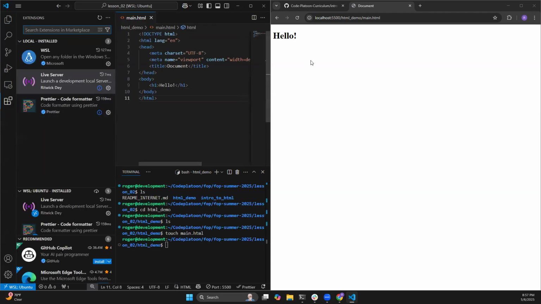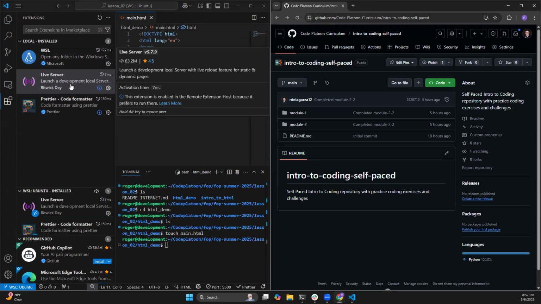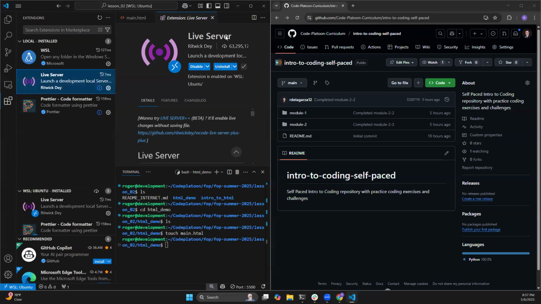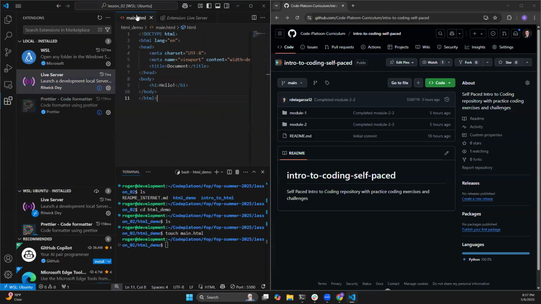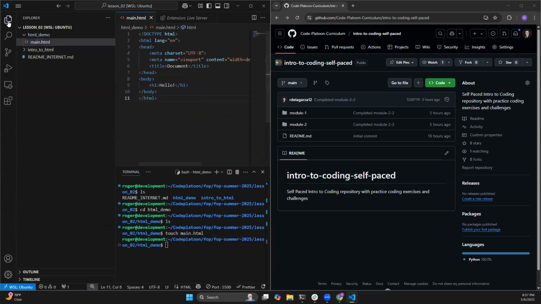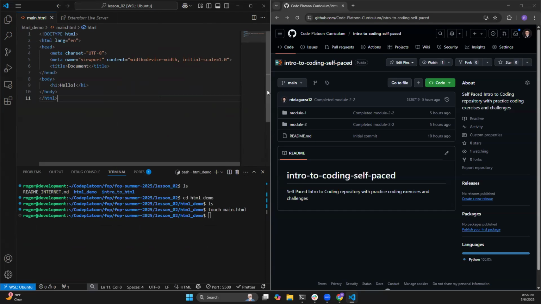Sorry. Yeah, so you should be able to, let me go ahead and close this up. First and foremost, every single one of you needs to install live server. This is what helps you launch that browser. It is made for that, right? It launches a development local server with live reload feature for static and dynamic pages. This extension is what allows you to do that. Once you have that installed, you're going to return to your HTML document, right-click it, and you should now have this option down here that says Open with Live Server. You're going to click this, and it's going to ask you if you want to open it up